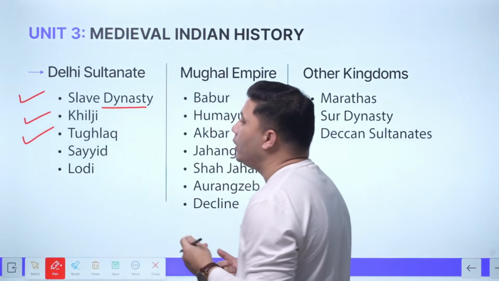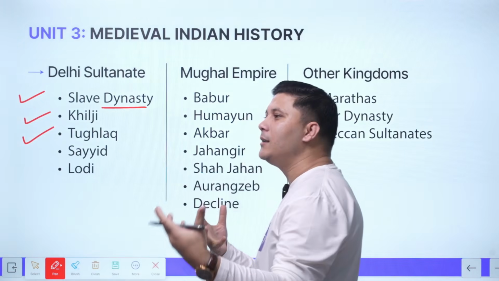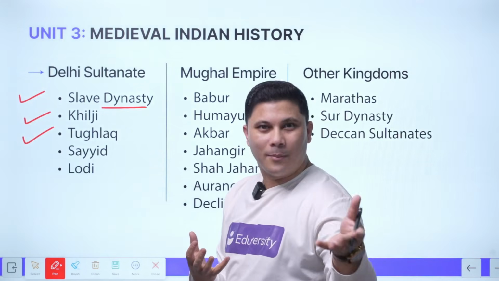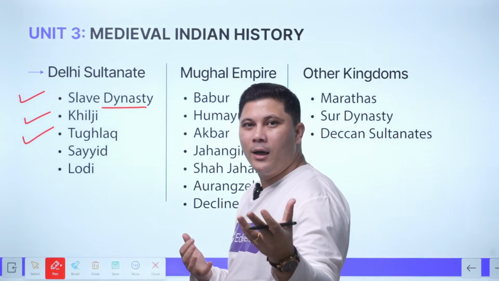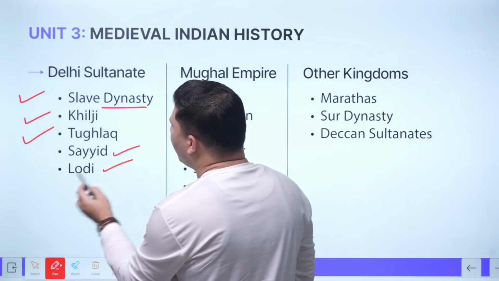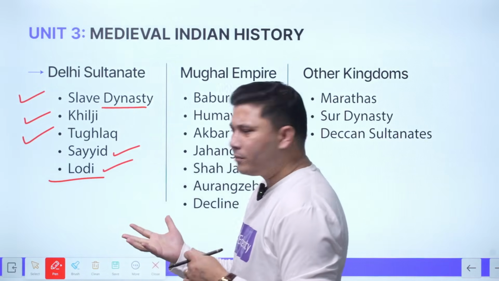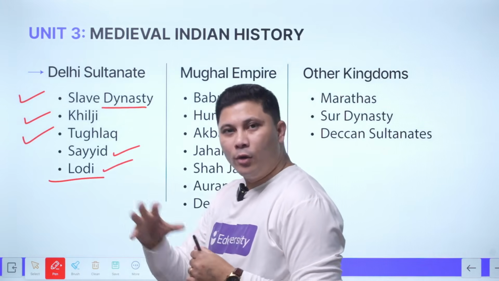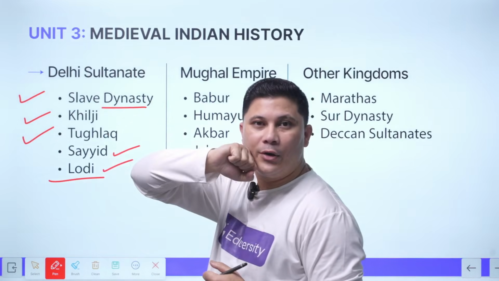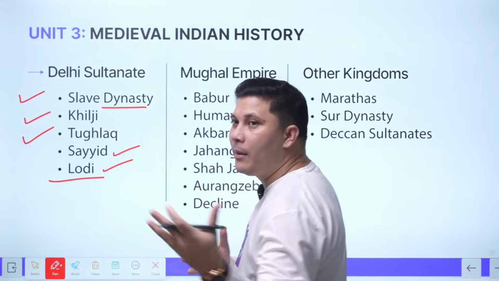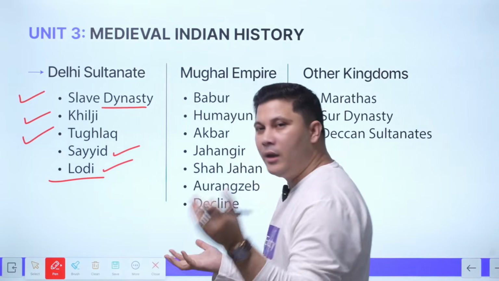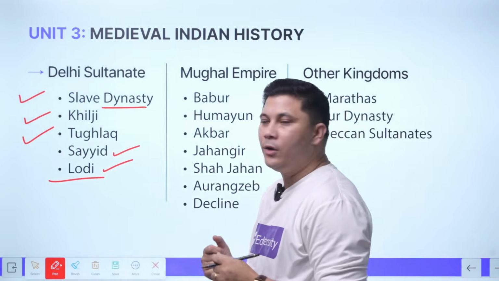Then the Tughlaq dynasty, Muhammad bin Tughlaq and all his policies, shifting the capital from Delhi to Daulatabad. Then Firoz Tughlaq, the establishment of factories, Karkhana, marriage bureau. Then the Sayyid dynasty, and at last the Lodhi dynasty, and how Ibrahim Lodi will insult Daulat Khan, the governor, and how Daulat Khan will invite Babur. Babur and Ibrahim Lodi will have the first battle of Panipat, where Babur will defeat Ibrahim Lodi and establish the Mughal Empire in this subcontinent.